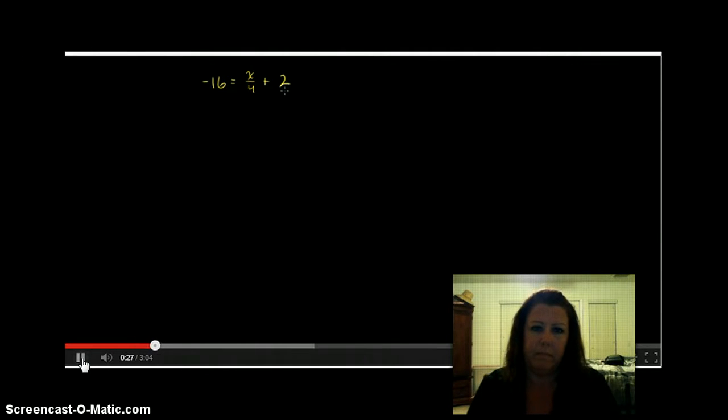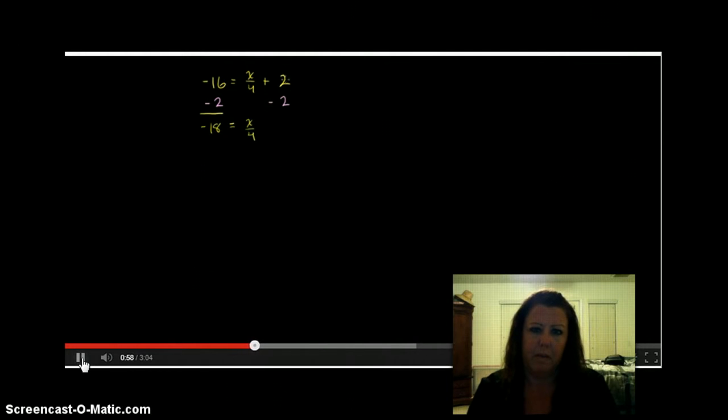But if we want to subtract it from the right-hand side, we also have to subtract it from the left-hand side, because this is an equation. If this is equal to that, anything we do to that, we also have to do to this. So let's subtract 2 from both sides. You subtract 2 from the right, subtract 2 from the left, and we get, on the left-hand side, negative 16 minus 2 is negative 18, and then that is equal to x over 4,